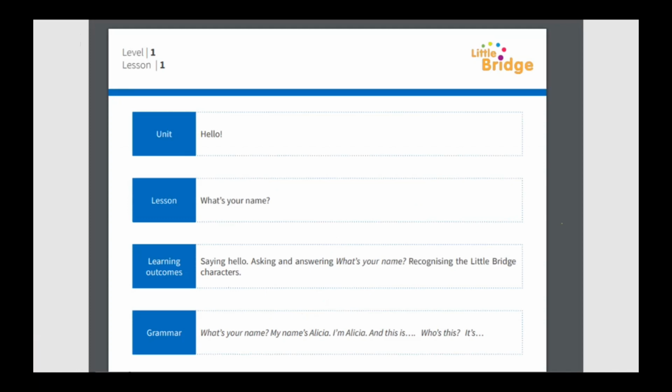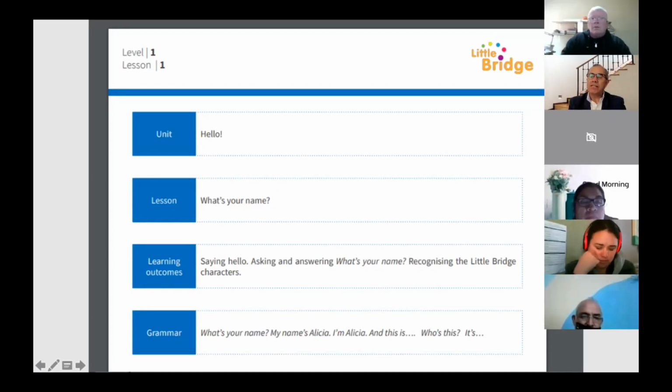Every lesson is planned for 45 minutes, but it's up to you, depending on the number of sessions you have during the week with your students. So as an example, you have here the unit, the lesson, the learning outcomes, aprendizajes esperados, the grammar, but not because we want you to teach grammar with the students. The grammar is for you as a teacher, to be sure that that's the grammar part that you are going to be reviewing. And then comes another part, the summary of the plan, and then the third part is the plan step by step. We're going to visit the plan in a minute.